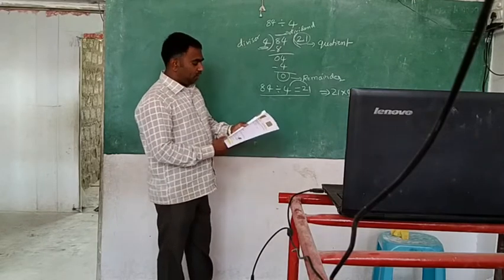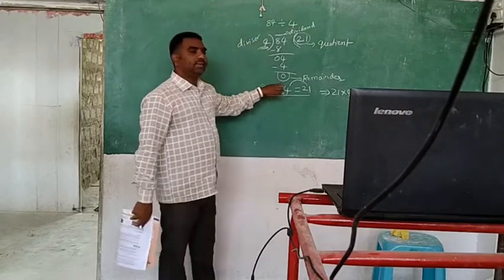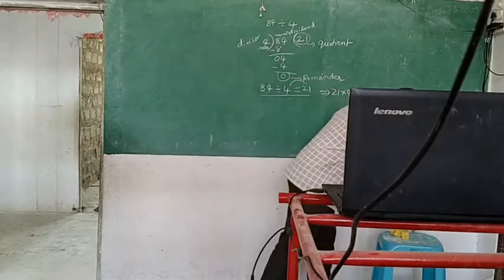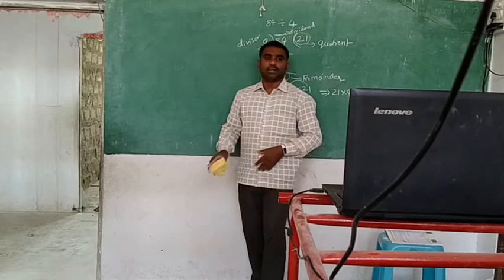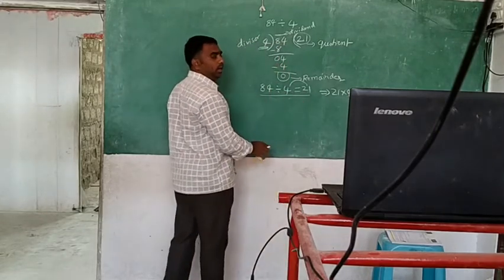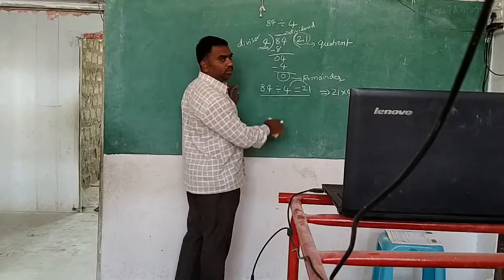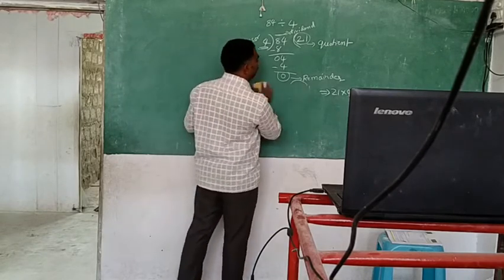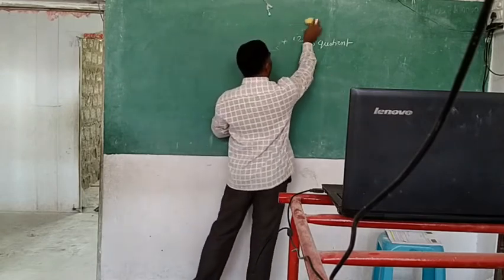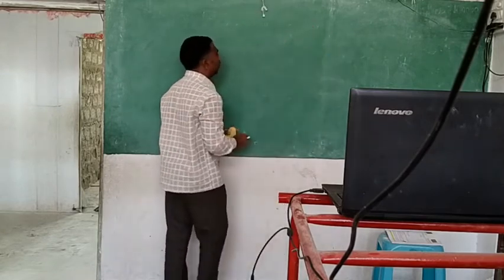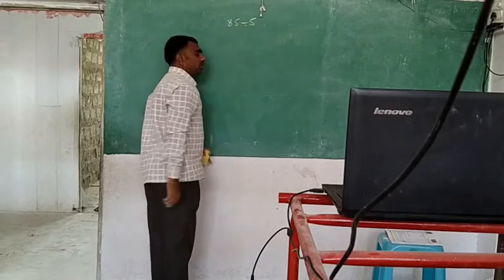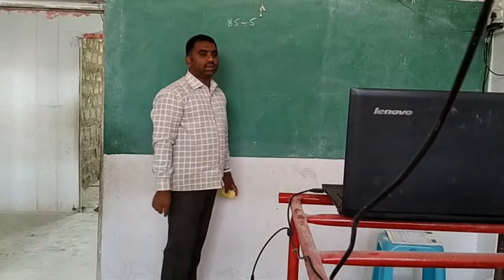So this is the way of doing division. Today I will explain so many examples of division and you need to be perfect in divisions today. Listen how I am explaining. So this is one example, you need to write it from the video. And one more example: 85 divided by 5.